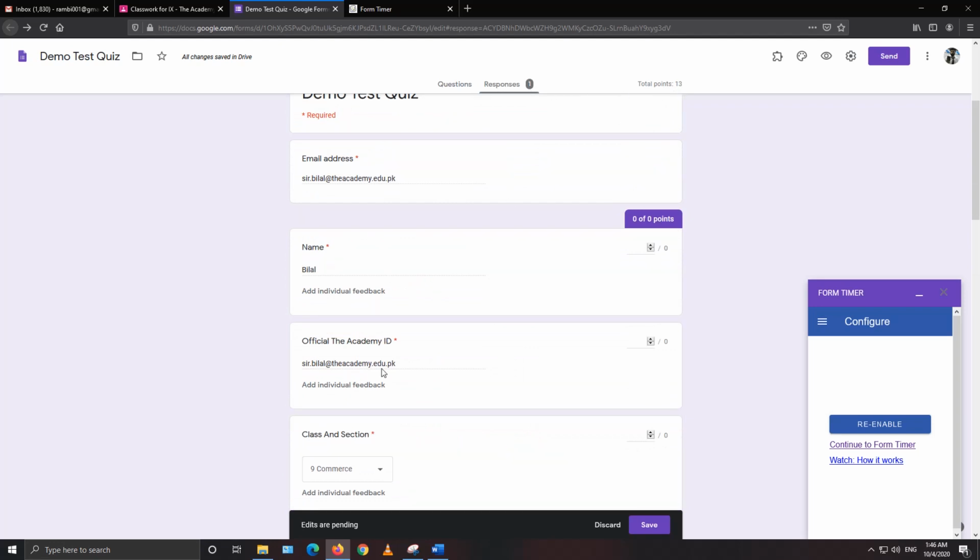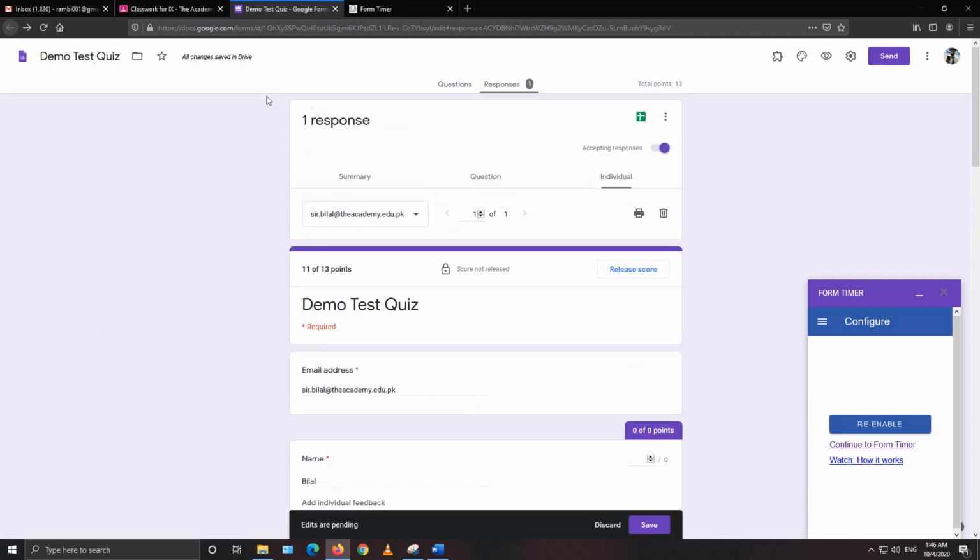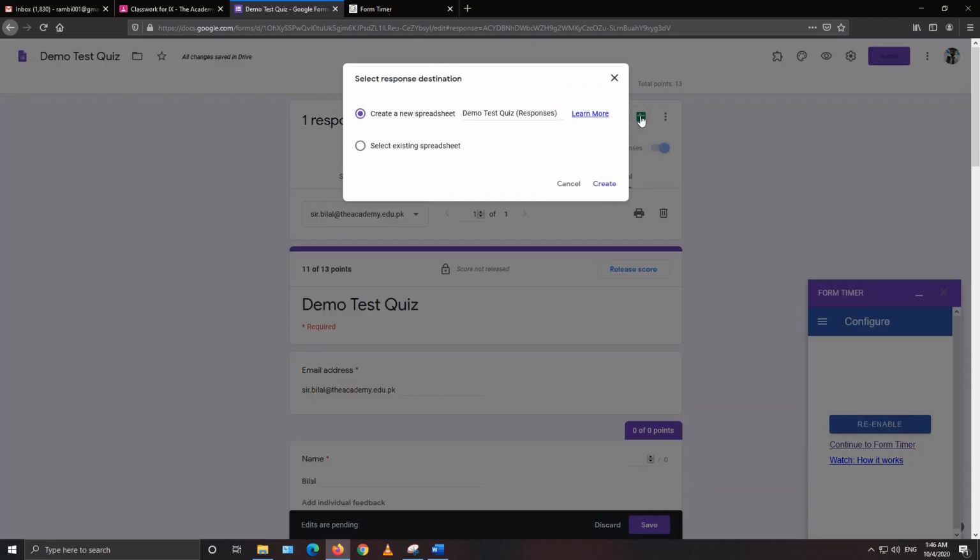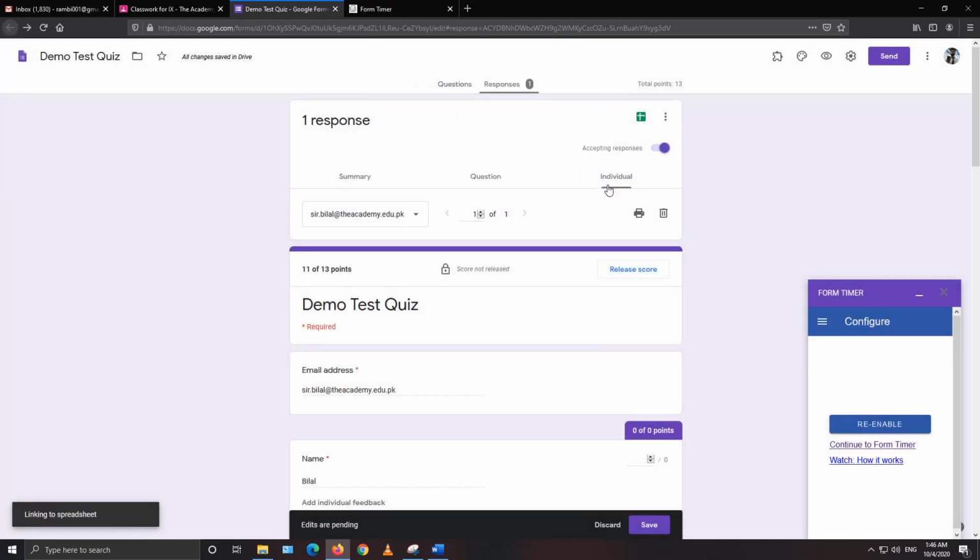And once I am done with checking all the papers, on the top right you can see the green plus button that says create a spreadsheet. I will press it, and it's asking me to create a new spreadsheet by the name of demo test quiz. So I will create it.